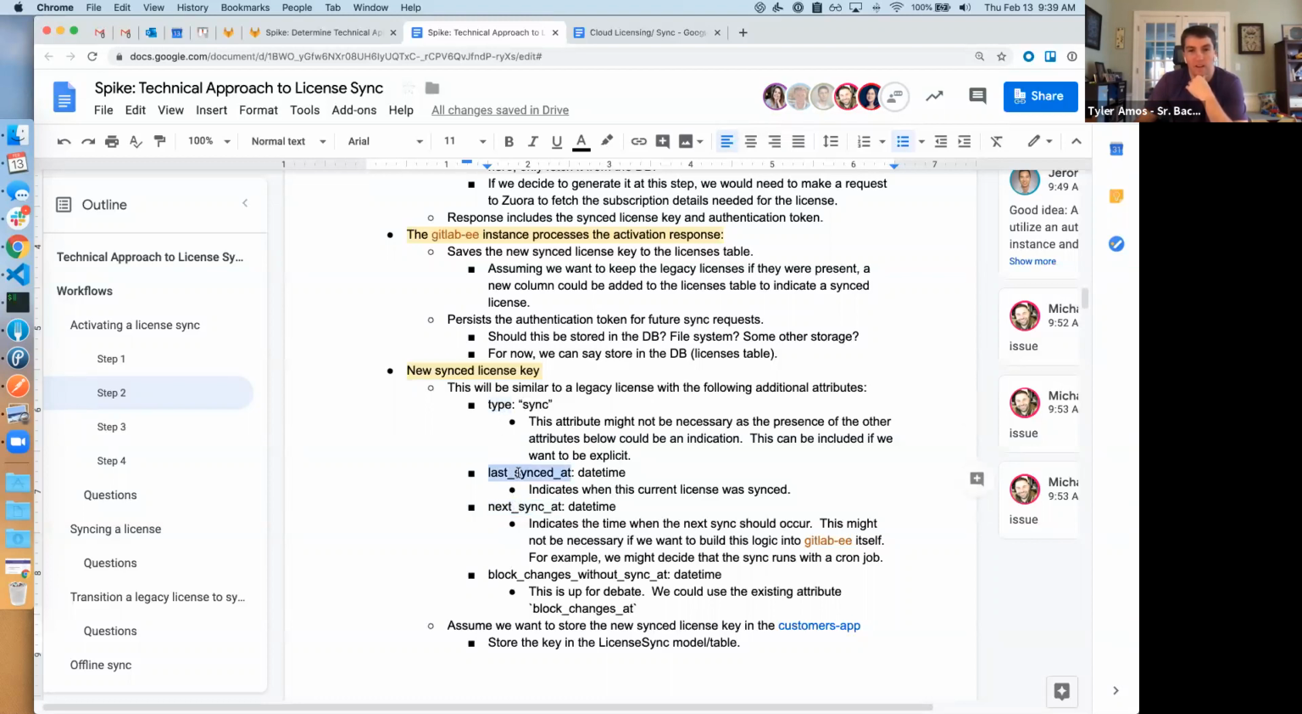The last sync would change from time to time, if that's information we want to keep. And probably the most important thing is, if we want to block, the way we would revoke a license would be changing the license key. So either